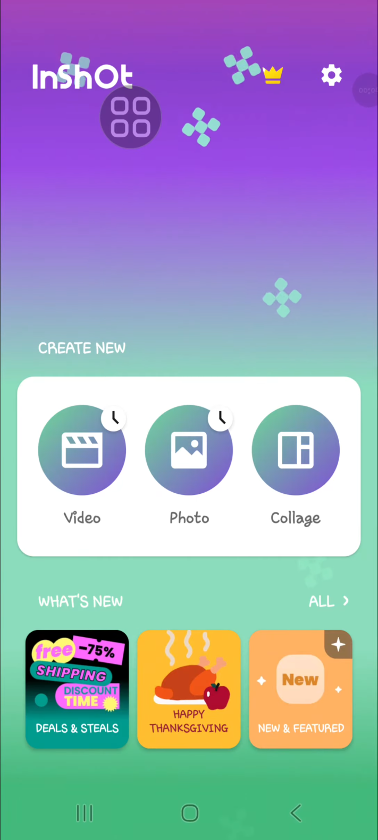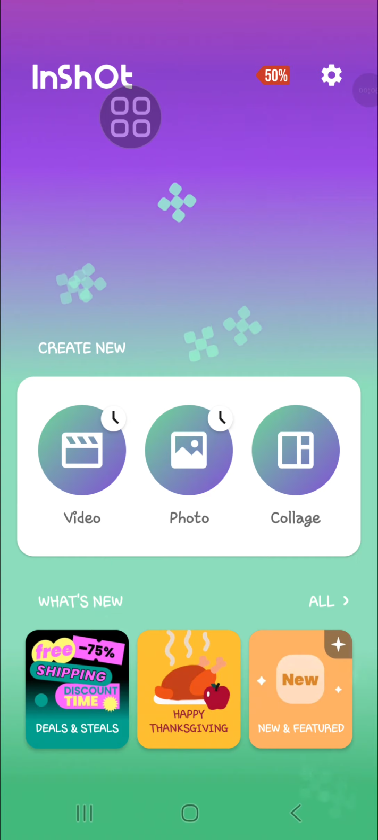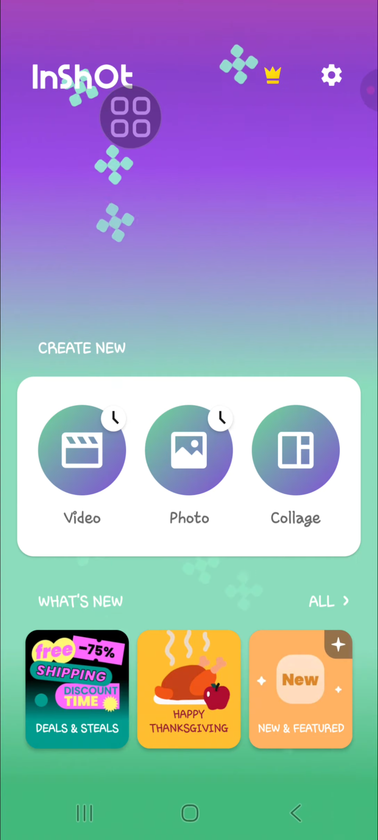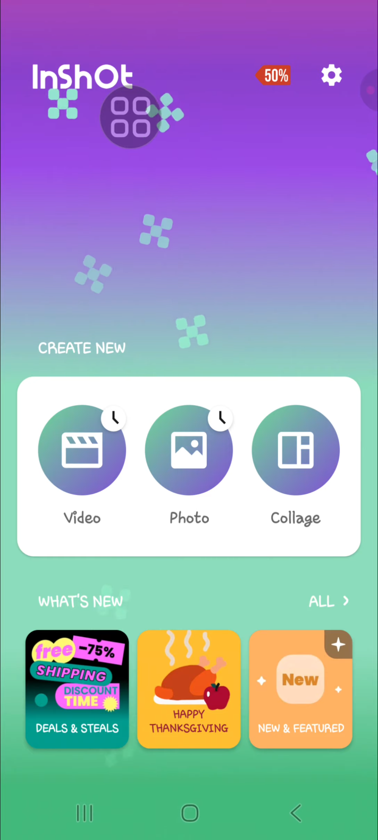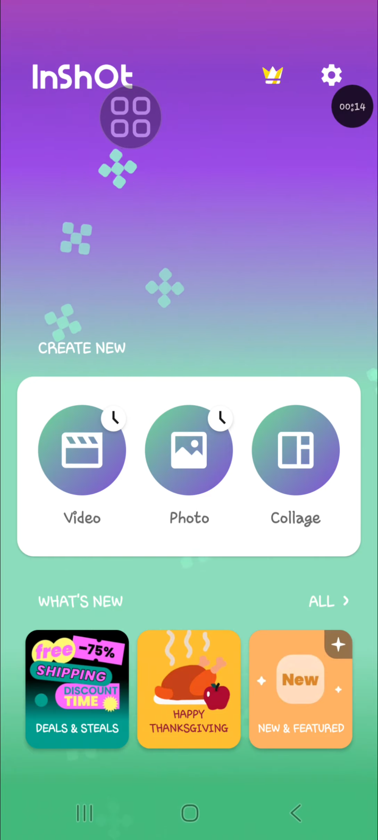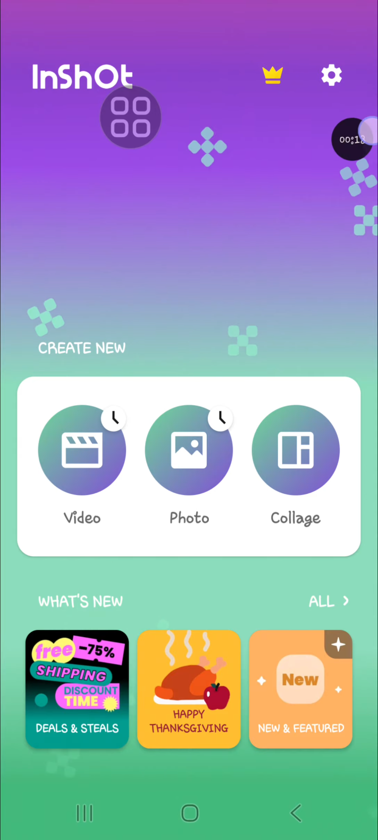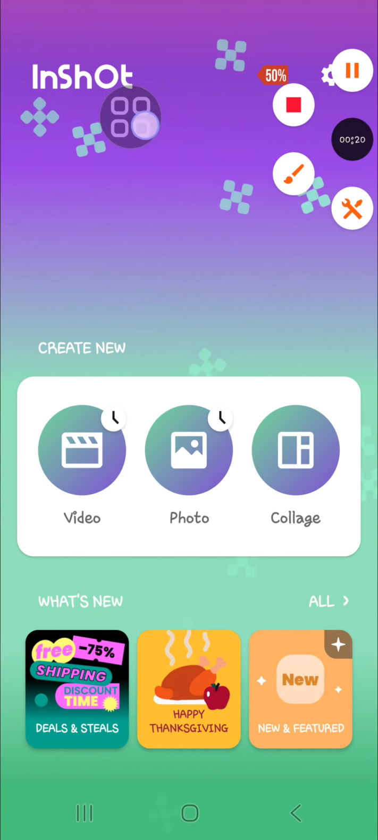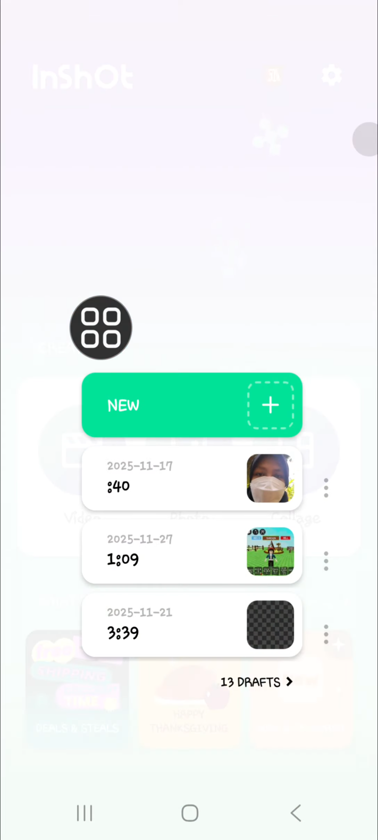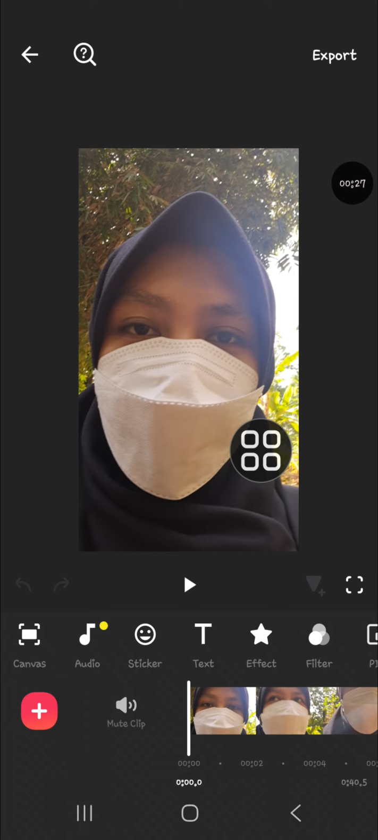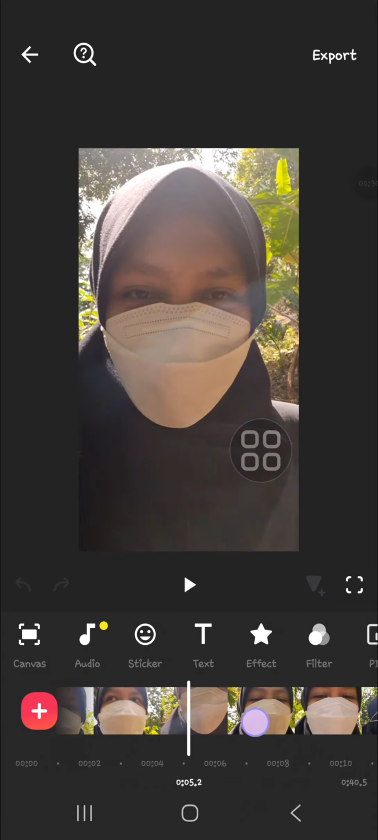In today's video, I'm going to show you how you can censor a part of your video with beep sound in InShot video editor. Okay, let's get into it guys. Here I have opened my InShot application on my mobile phone, and then I'm going to open up the project I have just created, this one, and we're going to select a part that we want to censor with beep